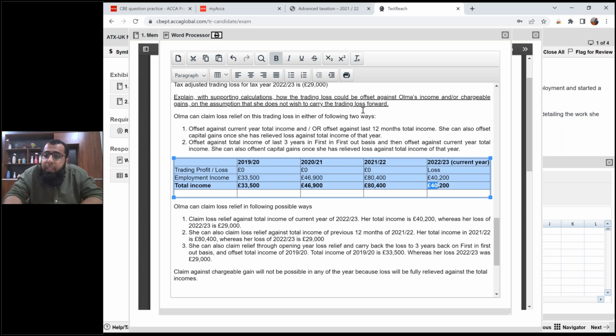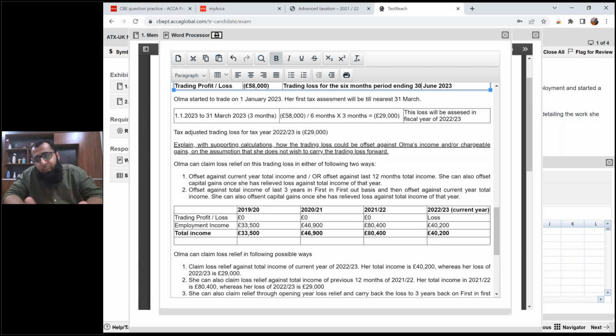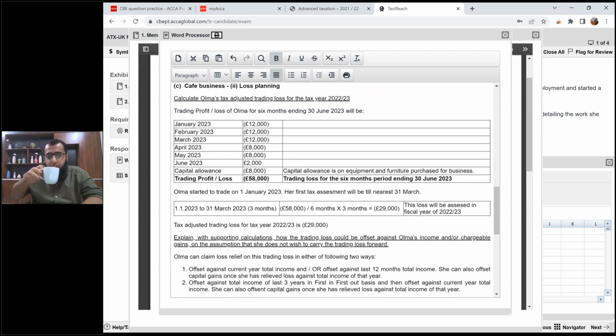Let me repeat it again. It's a 14 marks part, so obviously there must be detailing involved in it. Okay. First of all, he asked us to calculate Almas's tax adjusted trading loss for the tax year 22-23. Since we said that the first accounting period is still 30th June, 6 months,